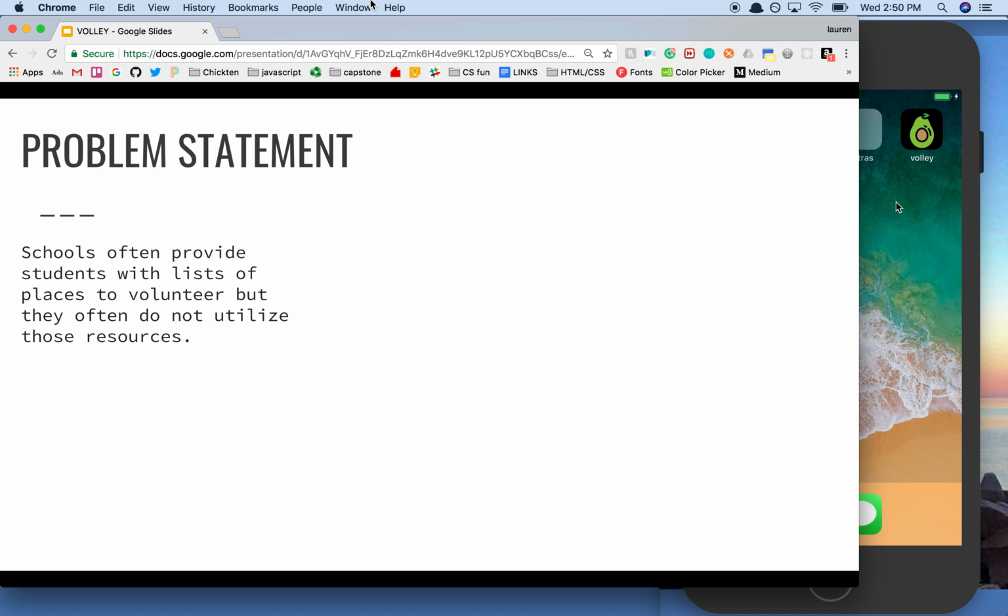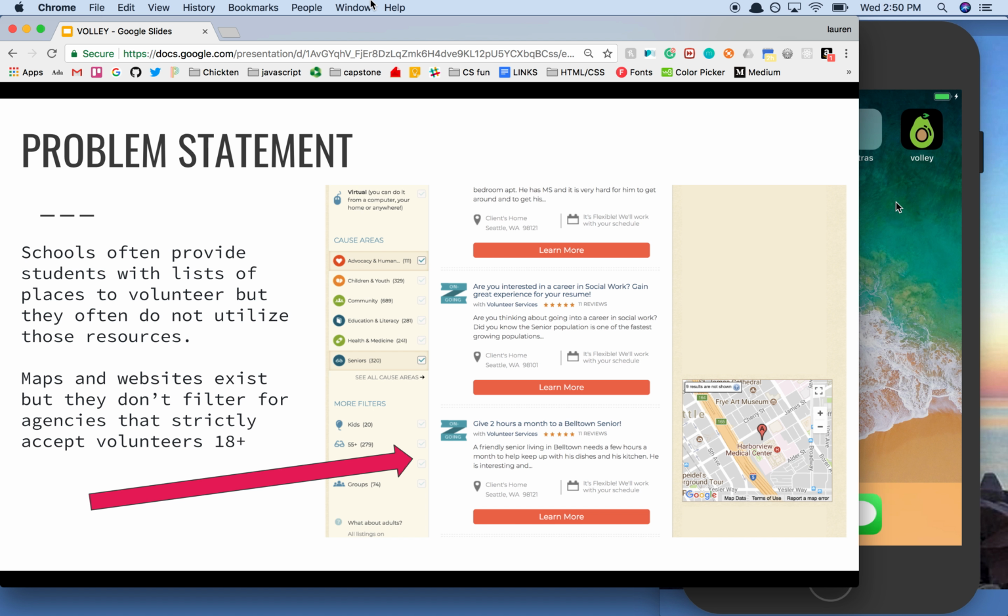There are websites and maps, such as Volunteer Match, that exist that catalog different agencies based on types of service work. But I learned that teens are not super awesome at navigating maps, and also those sites aren't incredibly engaging for them. An additional problem was that those sites do not filter for age ranges. So many agencies do not allow minors, and so students would get frustrated. They would go through the search and look at agencies, but did it matter? They didn't want them there in the first place.